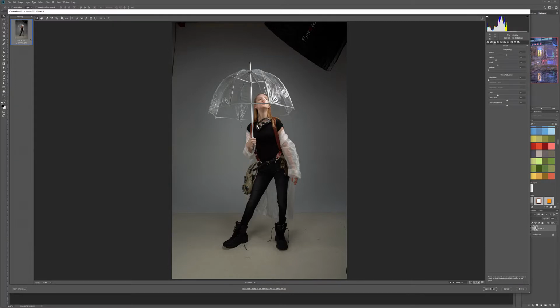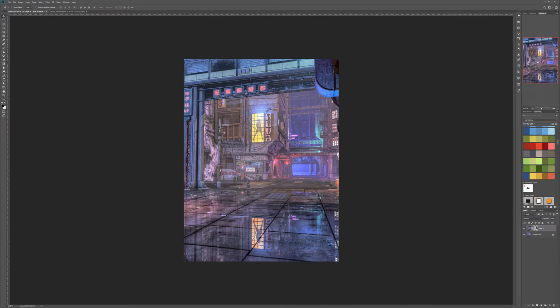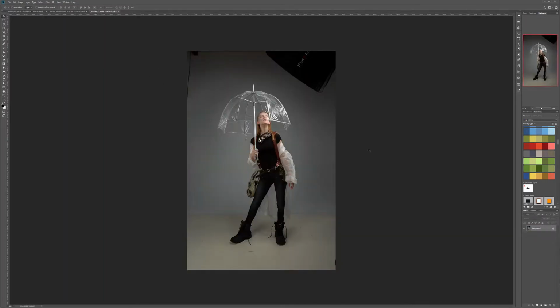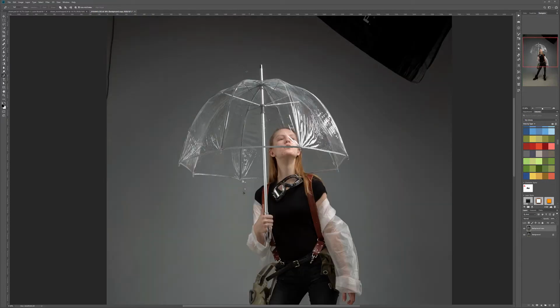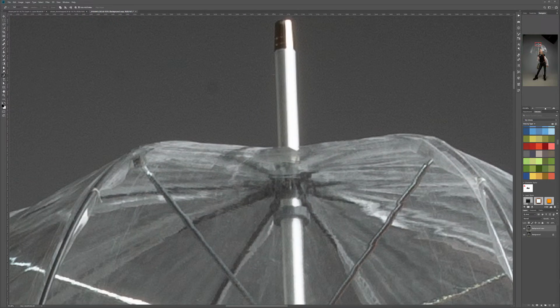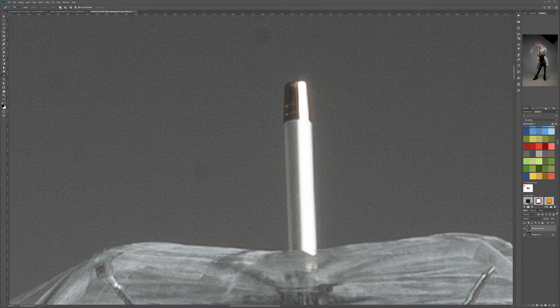When we're done, I won't open as a smart object. Just click open image, and it will open our image inside Photoshop. First thing I'm going to do is create a duplicate of our background, and now we're going to use just our pen tool. Okay, let's zoom in, and with the pen tool we'll just go around